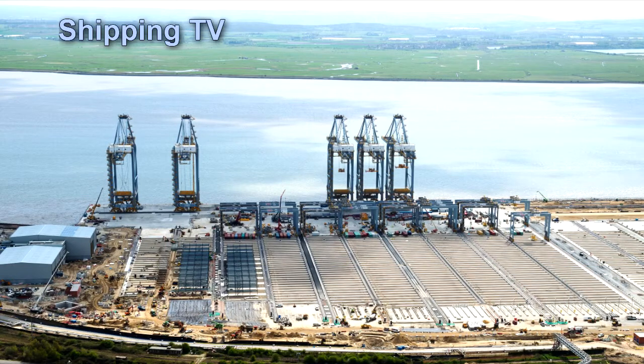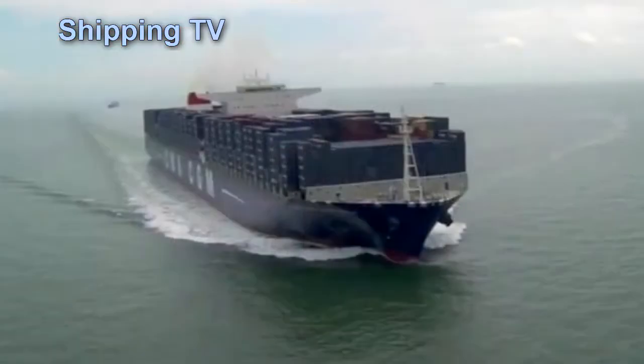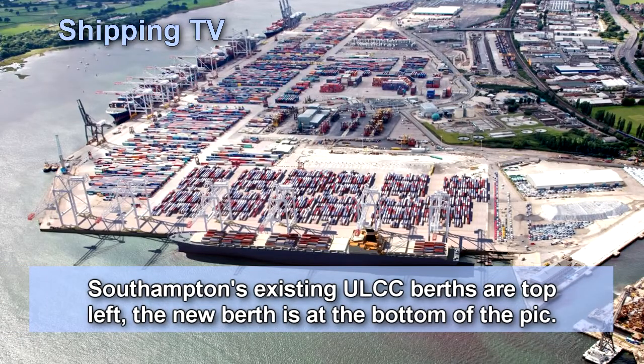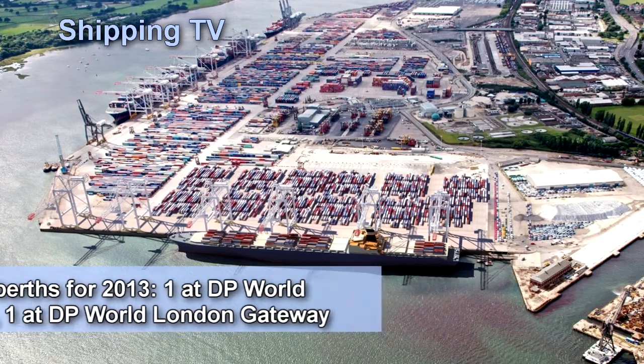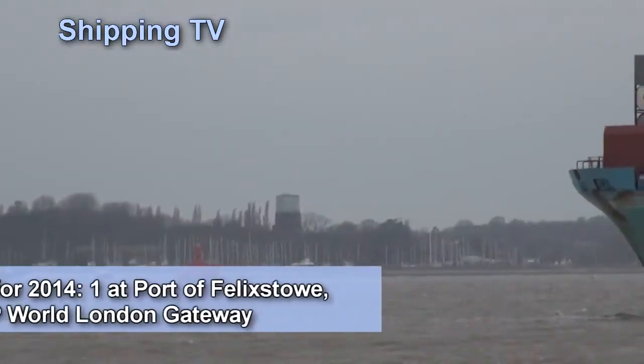All of these berths will be able to handle the 18,000 TEU size ships which start in service this summer from day one. On the south coast, DP World's Southampton terminal is presently handling the largest ships calling on a UK port, CMA CGM's Marco Polo class, loading up to 16,020 TEU. They deal with these vessels in an existing berth, but will have an additional maximum size berth available during this year. So that means that during this year there should be 2 new additional maximum size berths available in the UK, and a further 3 new maximum size berths available in 2014,